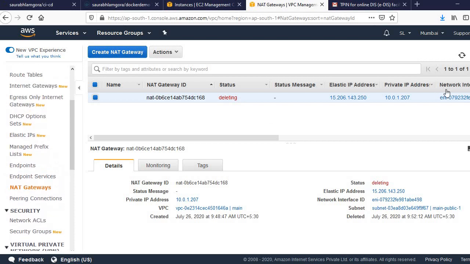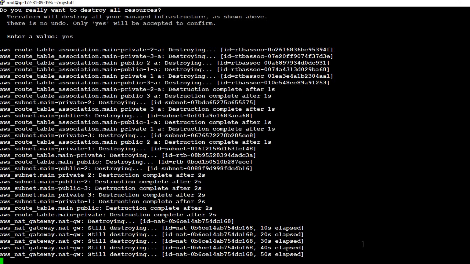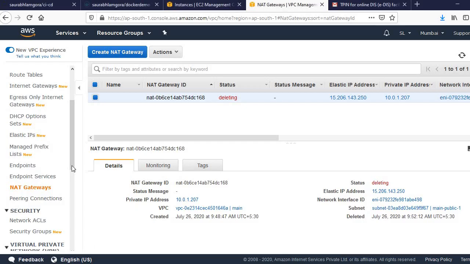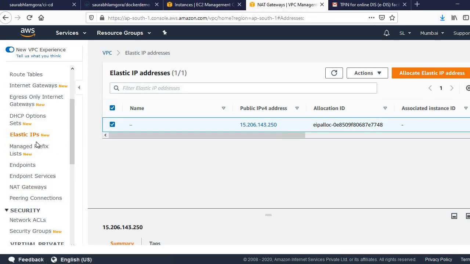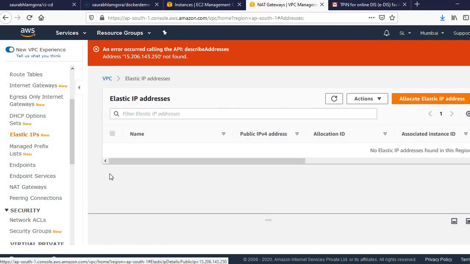Now the elastic IP has also been deleted.